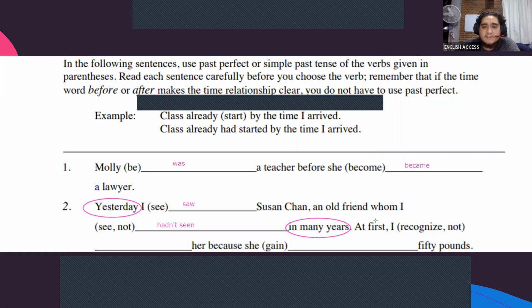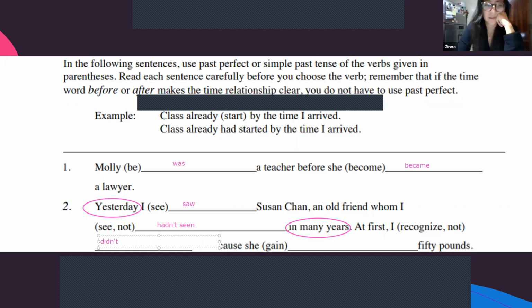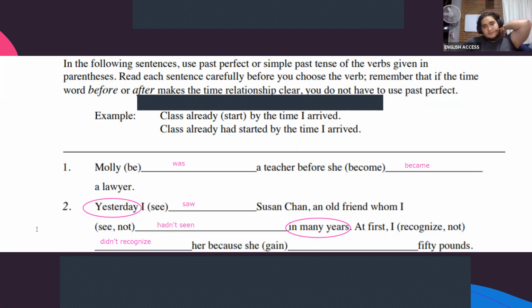At first, I... past or past perfect. Past perfect. Not quite. Okay, look at the entire sentence. Okay, past. We use the simple past. Yes, I didn't recognize her